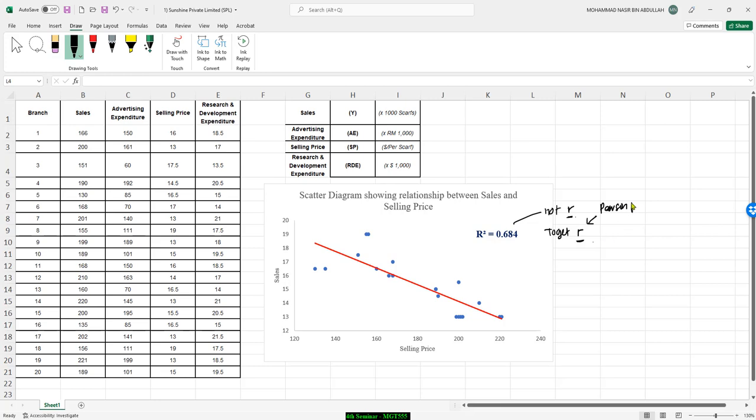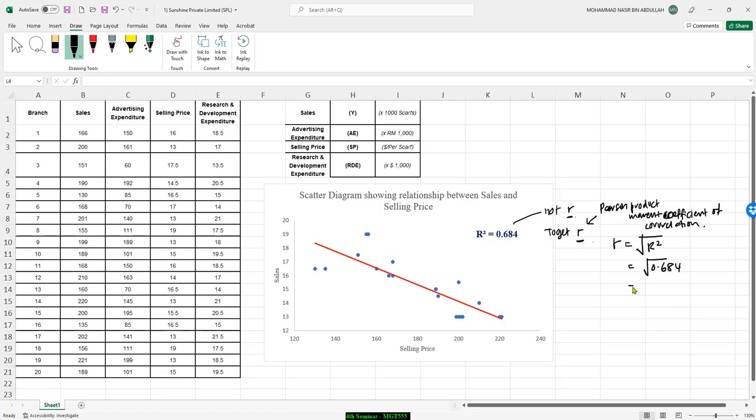coefficient of correlation. Right, to get R, we just need to find the square root of R square. So R should be equal to the square root of R square. It should be equal to the square root of